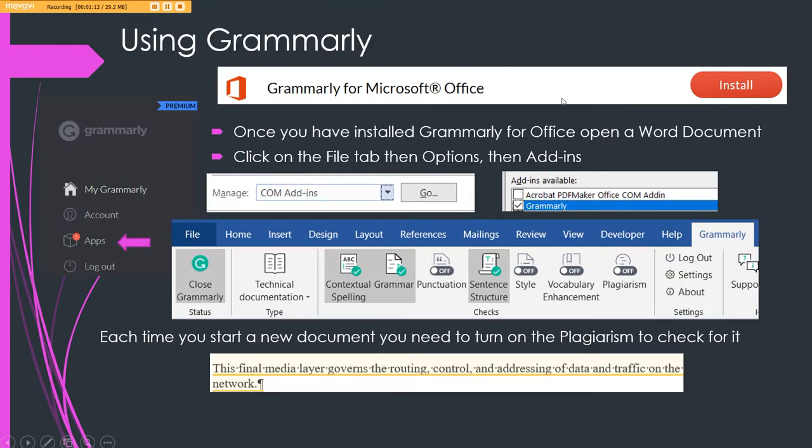So you can use Grammarly by installing it on your computer. You would click on Apps and install it for Word, Microsoft Office. Then when you're in Word, you have to enable it by going to File, Options, then Add-ins, and make sure it's checked. Now, it may do that by default. Can't remember. Then when you have Grammarly installed, you click on the Grammarly tab and make sure you have contextual